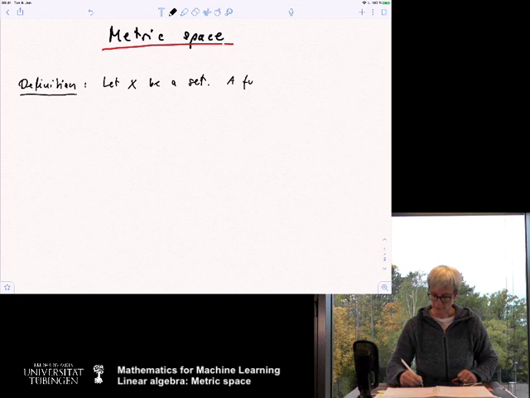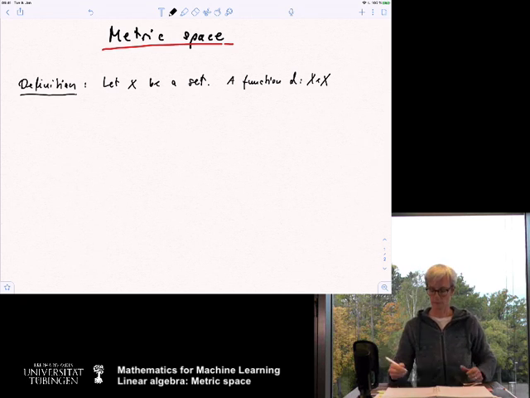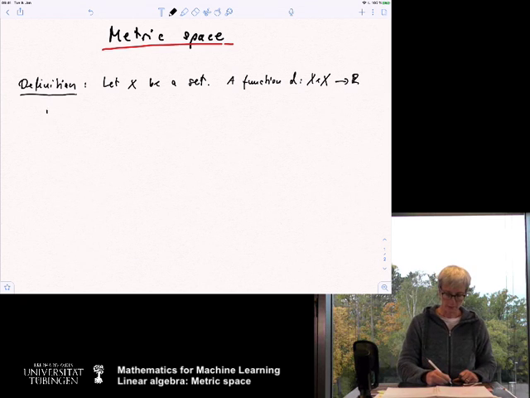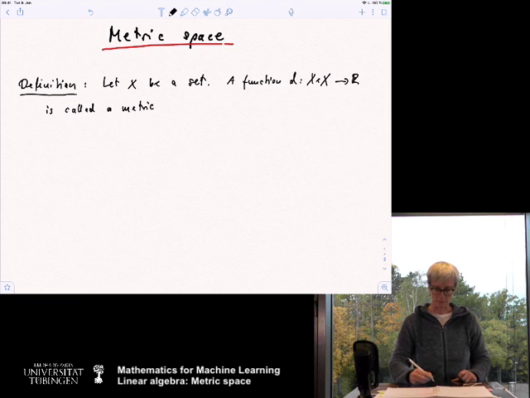So a function d that lives on X times X, so it takes pairs of inputs, of data points, and maps them to a real number. Such a function is called a metric